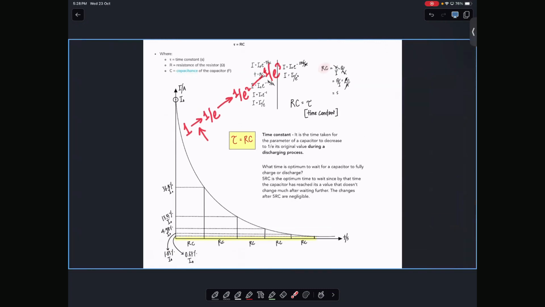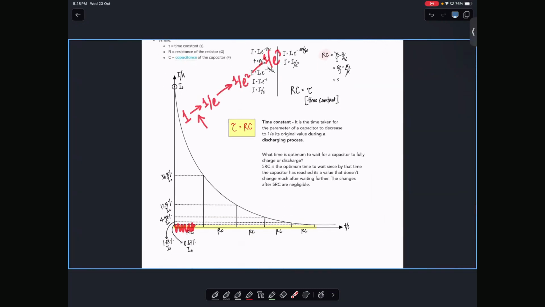What I mean by that is, I'll put it on the graph here. These intervals that you see here, they're all what? Equal. How much change has taken place in each scenario for these times to be equal? The values have gone down by a fraction of how much? 1 by E. In radioactivity, it wasn't 1 by E. What was it? Half. So this probably would have been termed the E life if it was the right way of saying it. If that's the half-life, this is the E life. Let's see if it makes sense. What's half-life? Time taken for it to become half the initial value. What's this thing? It's the time taken for it to become 1 by E the initial value.